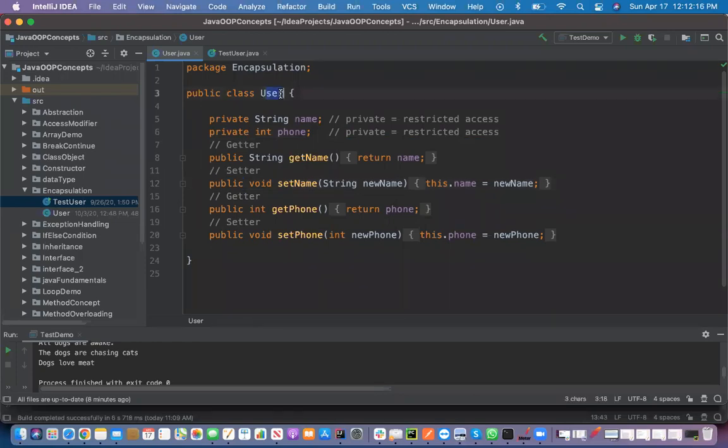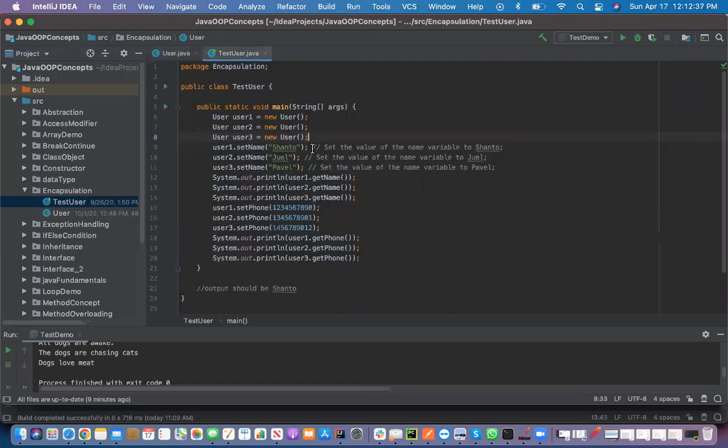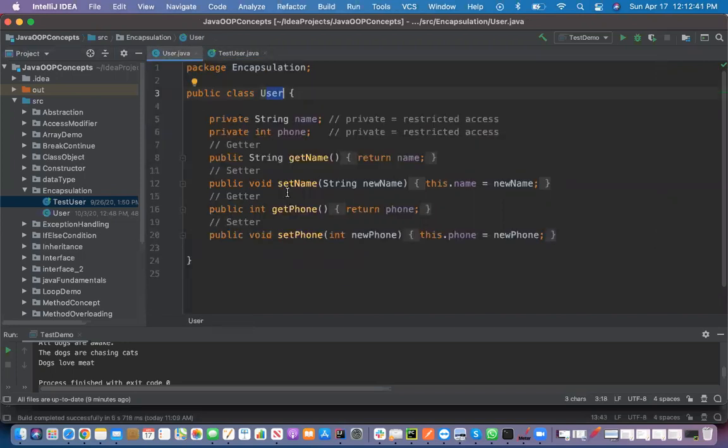Like for example, the user class you are using, right? And inside the user, some information is private and secured. So to get those private and secured information or use them, you have to use these public getter and setter methods. So for example, name is private. So now if you want to call this name from your test class,